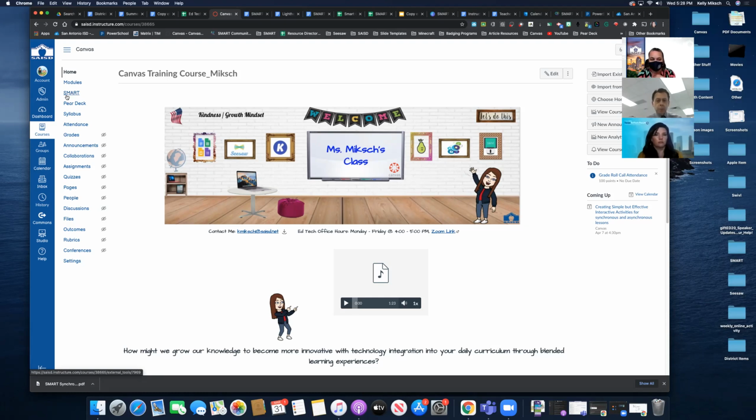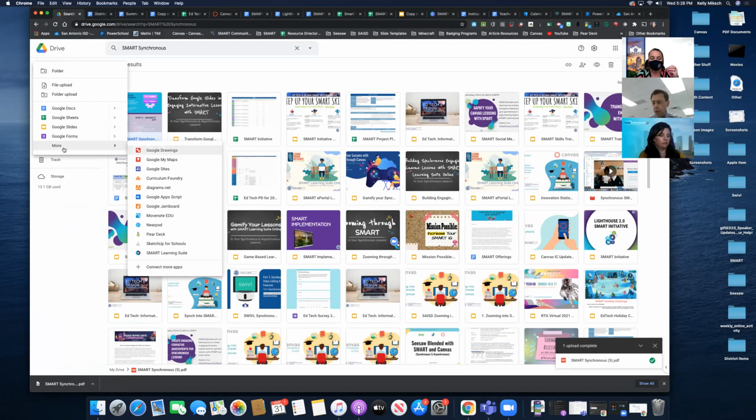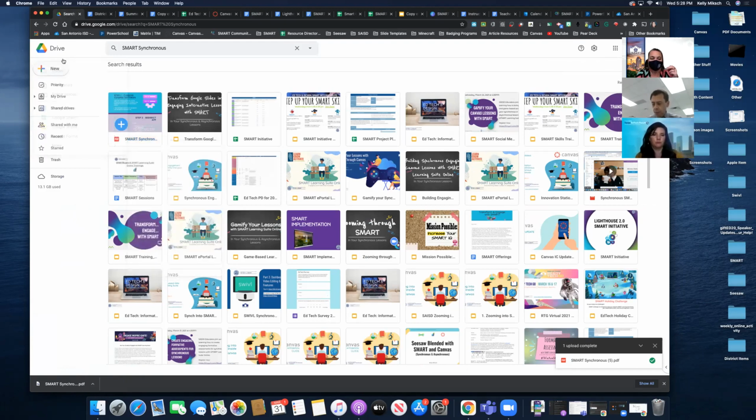Now, I, as the teacher, what I would do is, because I like to see my whole Canvas or my whole SMART learning suite, I would go into my Google Drive and launch my lesson from there. Especially since I have my items in my SMART because I've been building them there, I would just go into that new, so let me go again. I would come into my Google Drive and then I would go to new